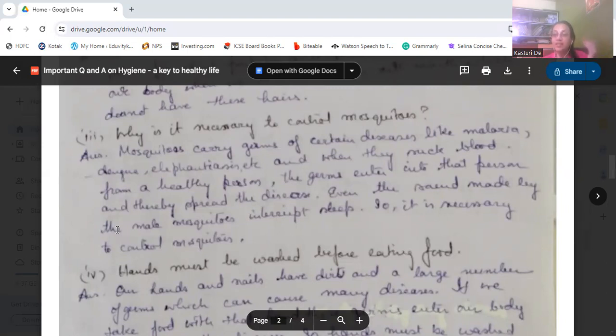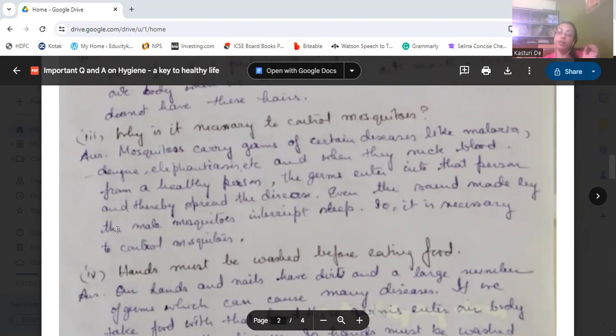Now, when the same mosquito sits on a healthy person and sucks the blood of that healthy person, when it is piercing the skin,